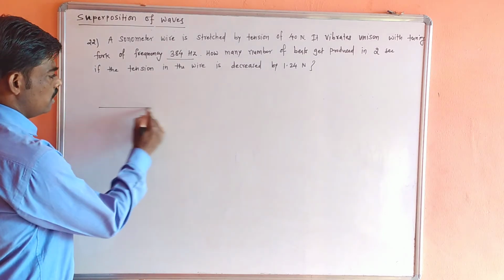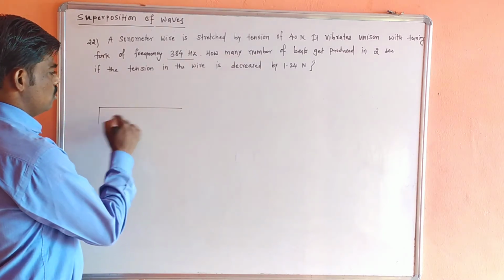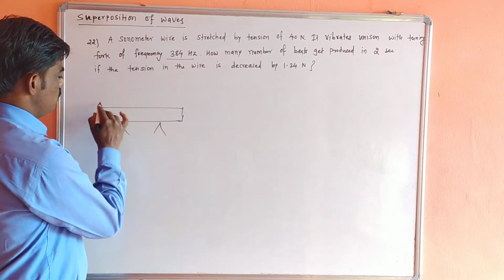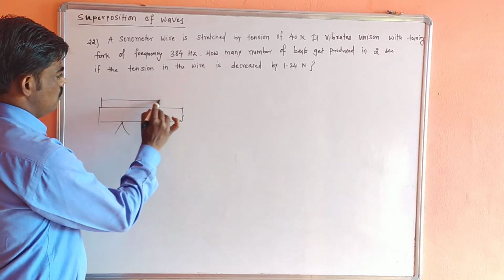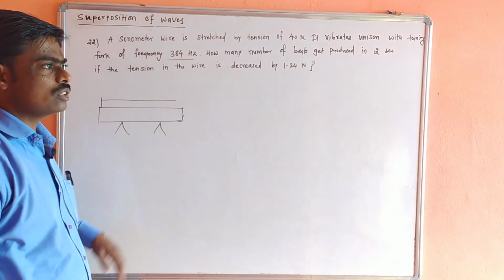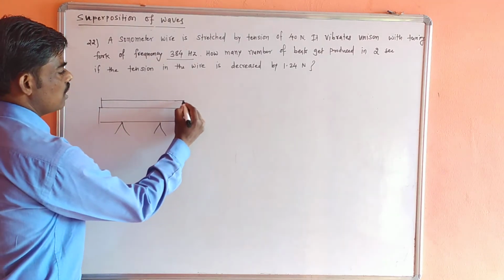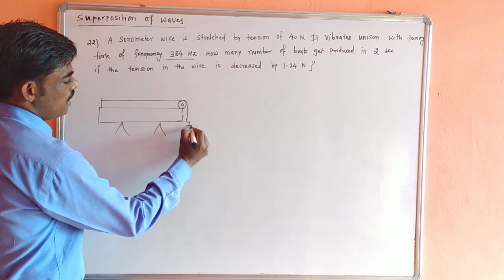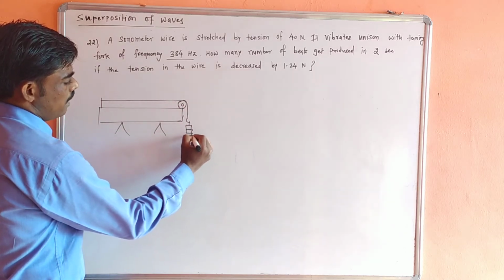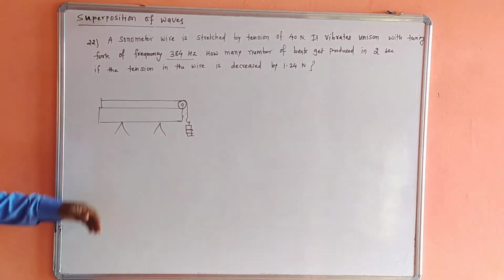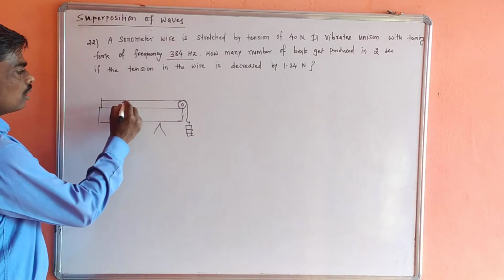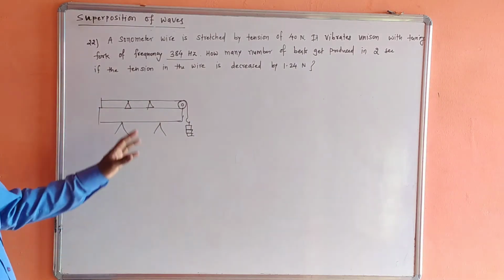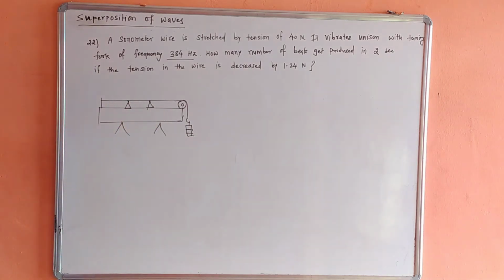In the sonometer experiment, this is a box, the sonometer box, and on this sonometer box there is one rigid support, and to this rigid support a string is attached and it passes over a pulley, and tension is added in a hanger, so that this string is allowed to vibrate under a particular tension. These are two knife edges. So this is a very simple theory.